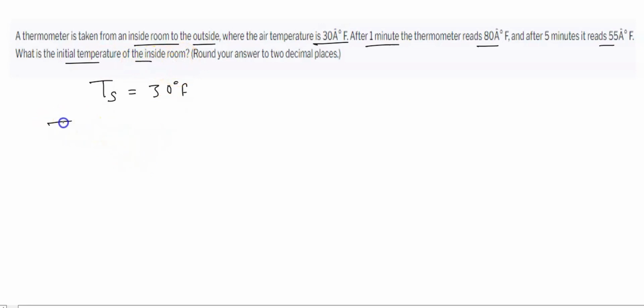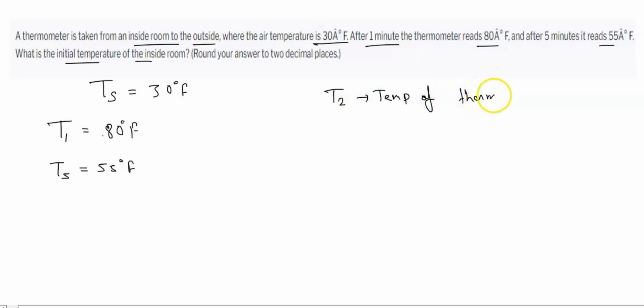So we can say T1, that is the temperature after 1 minute, is equal to 80°F, and the temperature after 5 minutes, that is T5, is equal to 55°F. And we know the formula, where T2 is the temperature of the thermometer. So as we know that